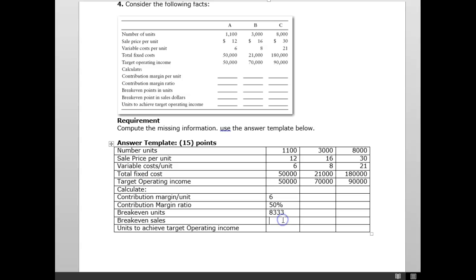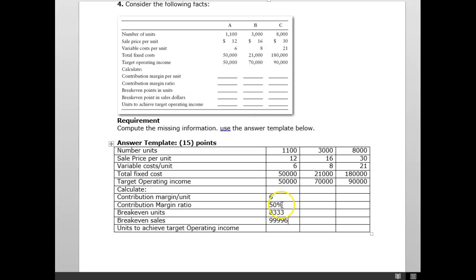The next thing is break even in sales, so I would take the 8,333 times the sales price, which would give me 99,996 as break even in sales. And now they want us to find the targeted operating income, which is 50,000. So you would take 50,000 plus 50,000, because fixed costs are 50, operating income is 50,